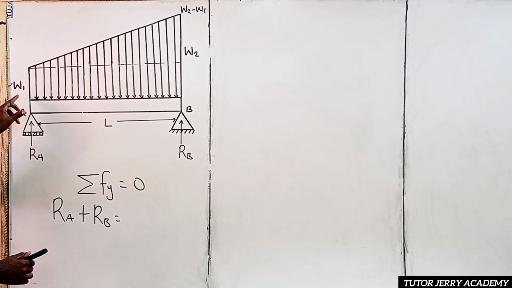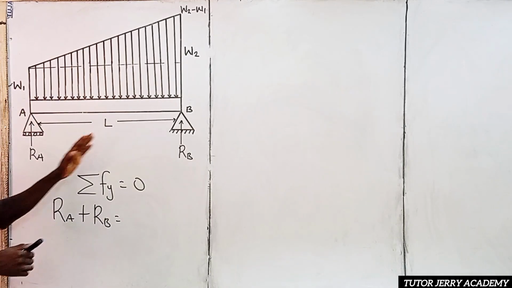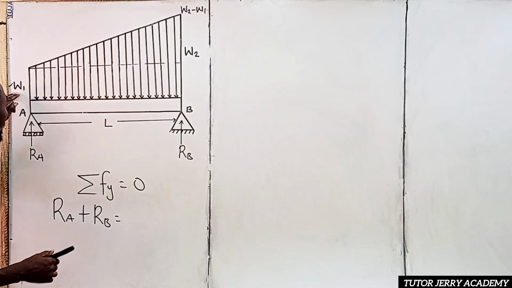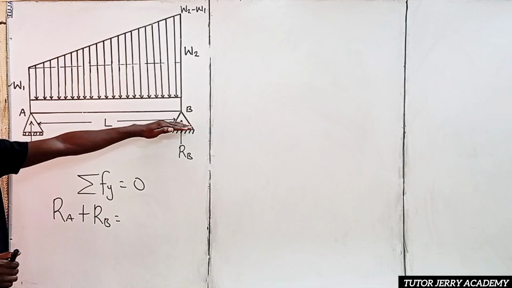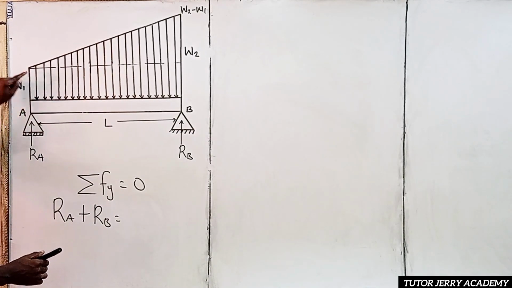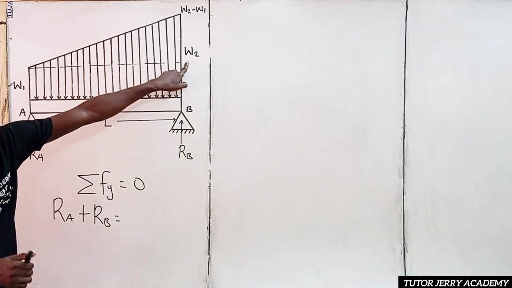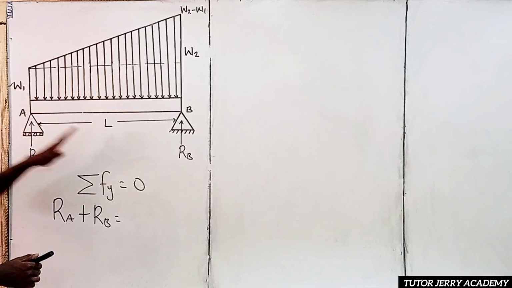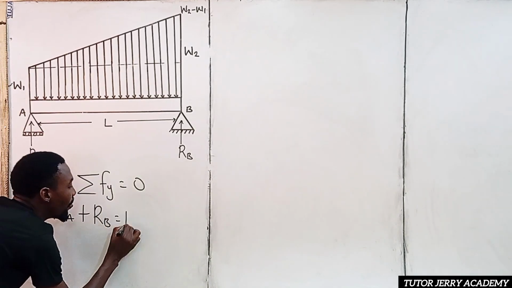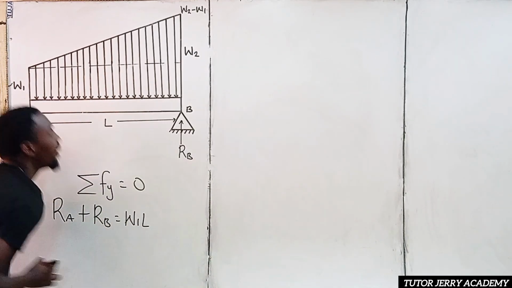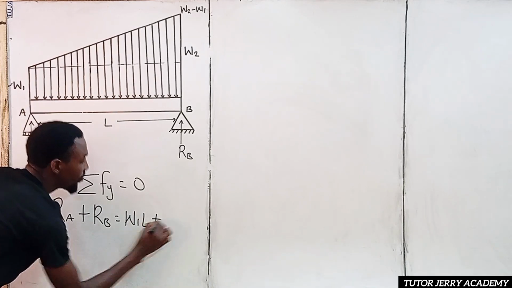So we are going to convert this W1 to a point load. How do we do that? We multiply W1 times the length. You can see that this uniform distributed load starts from this point and ends at this point. So we say W1 multiplied by L. So we are going to have W1L. All right. Plus,